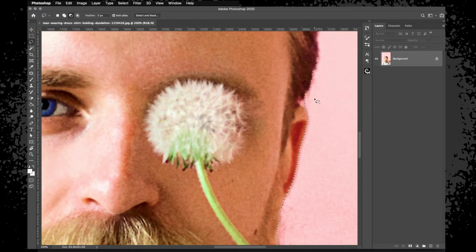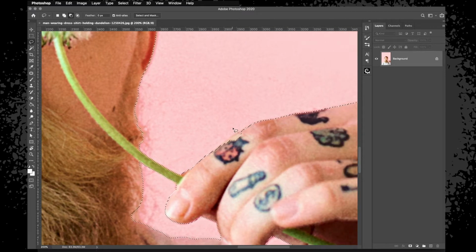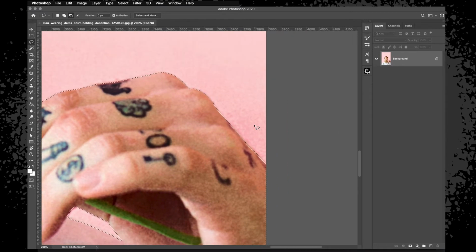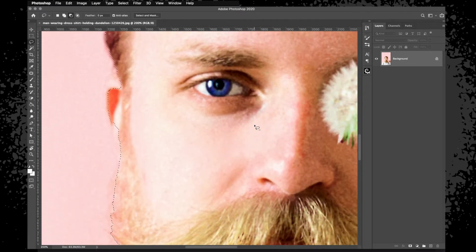So what we can do, still while we've got the minus, is go in and deduct a little bit of the detail that's being lost. Everything's looking okay. The finger here, that's clipped a bit, so where we're on the minus, if we click Shift and hold it, you'll see the little flicker between them both. So with that held in, you can draw the finger in, just like that. It doesn't have to be exactly perfect at this point because we'll refine it a little bit later on. So once we've got everything roughly selected, the ears being clipped, I'll just tuck that in a little bit,